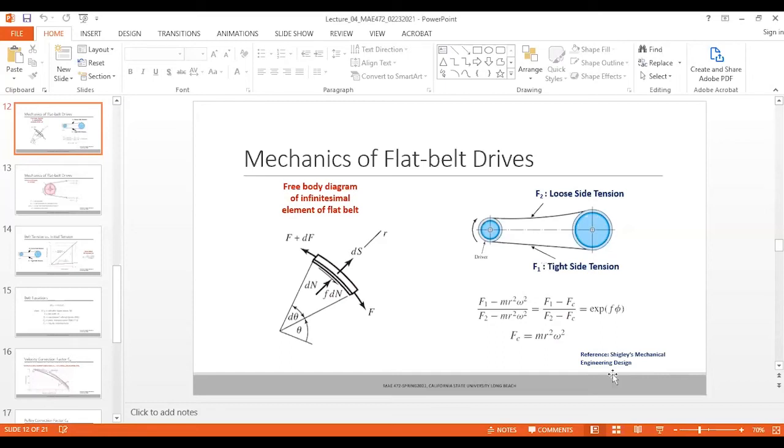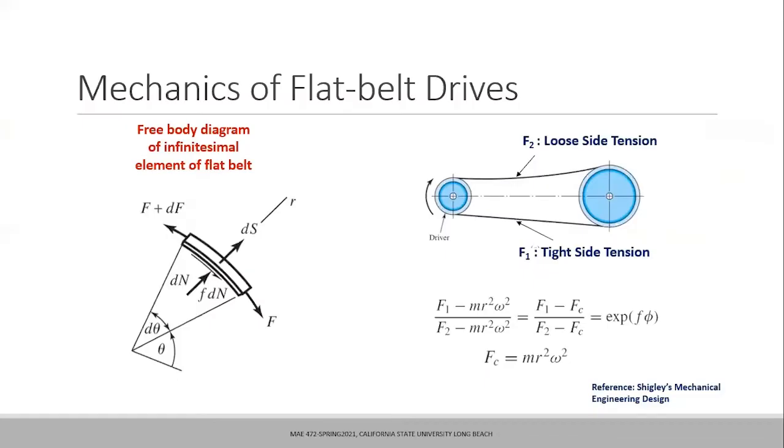Good. So last week, what we were focusing on is how we can use some principles of mechanics to understand the distribution of forces or tension on the belts wrapped around the pulley. We saw that we have two pulleys. One is the driver pulley, which is driving the other side. All the input coming from the motor or engine or any other source, the torque, is supplied to the input pulley, which is the driving pulley.